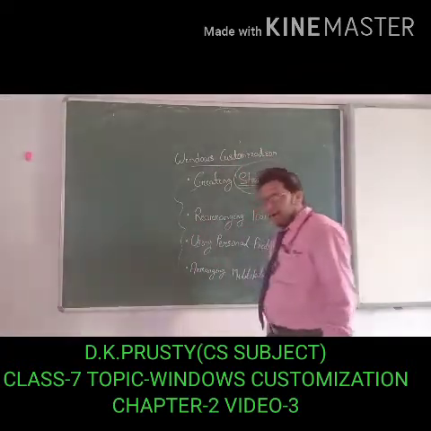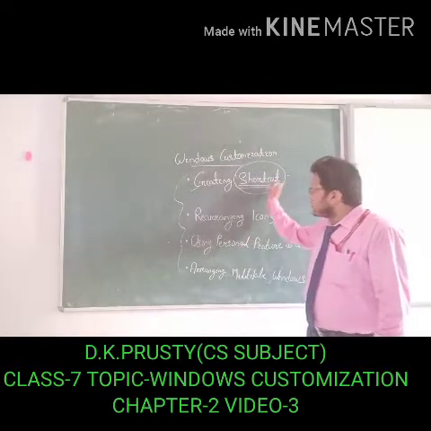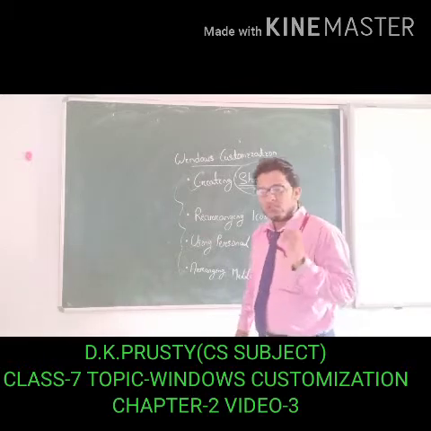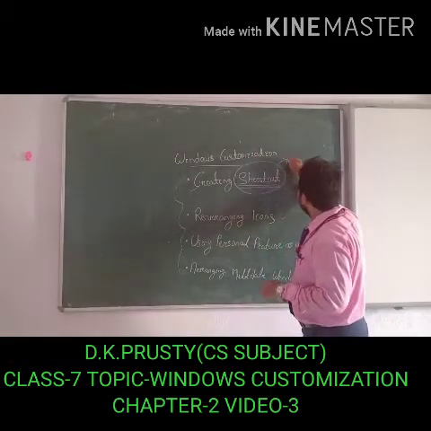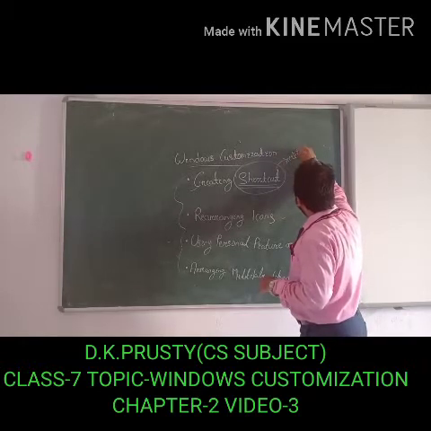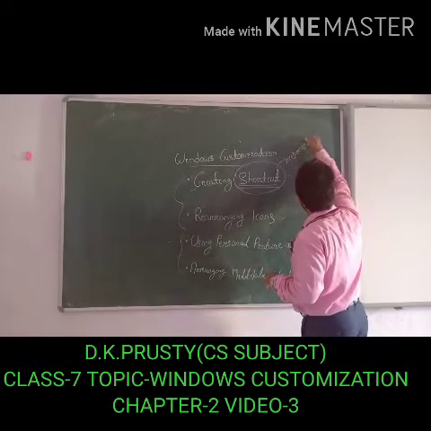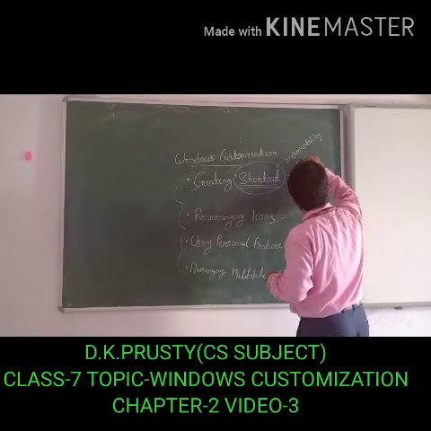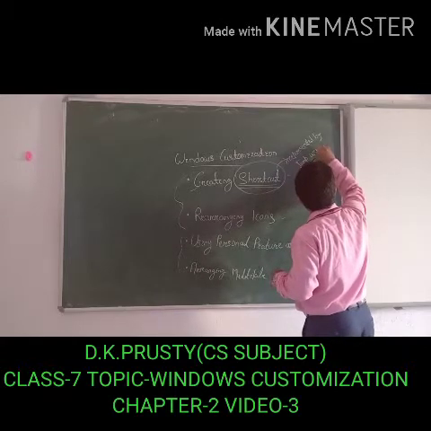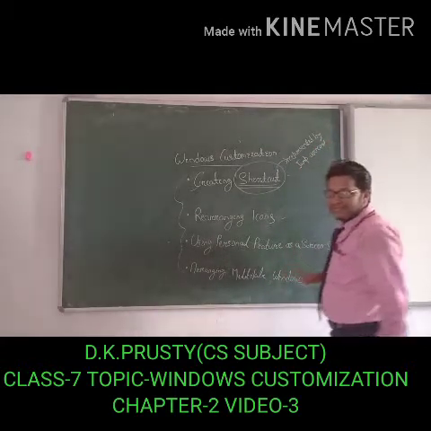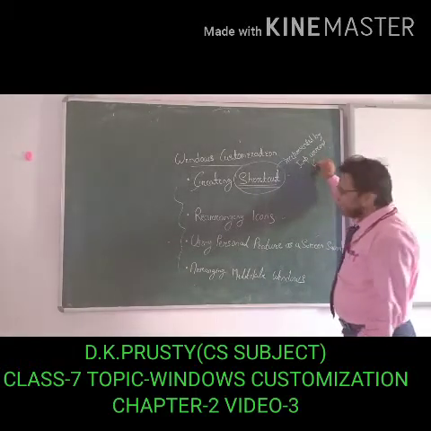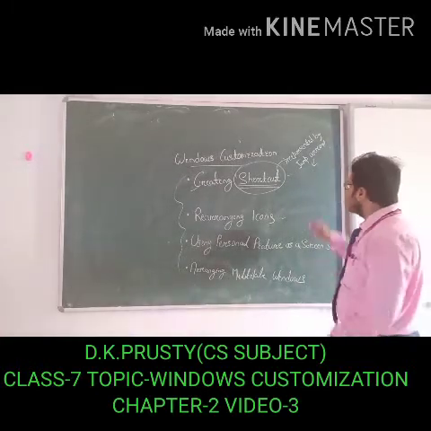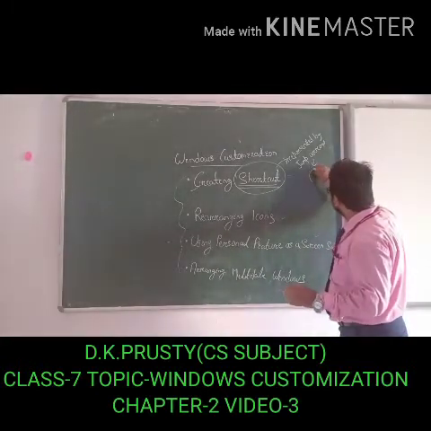So students, now I will discuss how to recognize a shortcut. How do you know that a file or folder is a shortcut? Students, the shortcut is represented by a jump arrow. Is that clear? It is displayed in the left side corner of the file or folder. That means like this, students, a jump arrow like this.